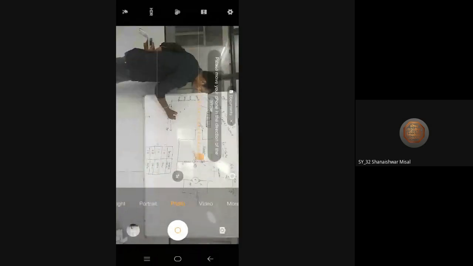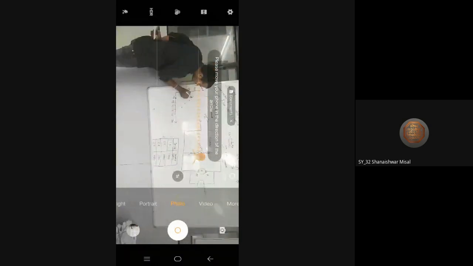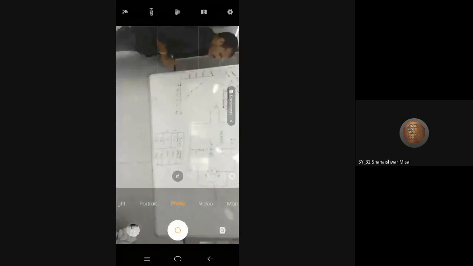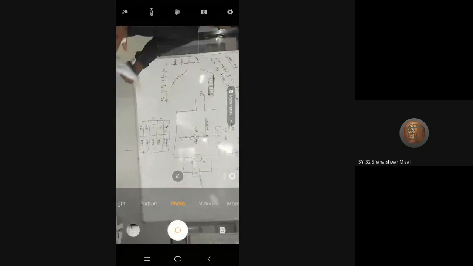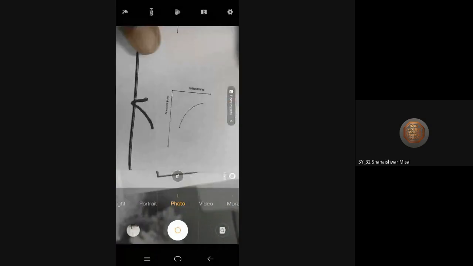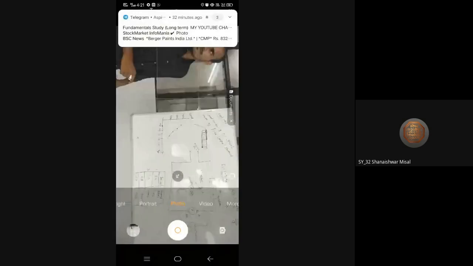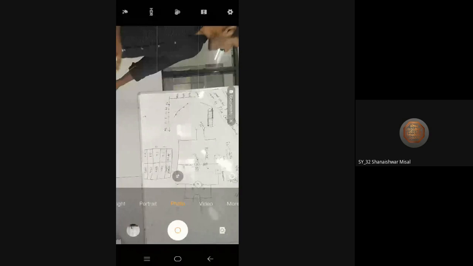So if I join all points and see, as I showed you, this is the model graph. Here you can see this. Okay, so this graph here we can see as per our readings, we have this graph. Okay, so this is our practical number one.